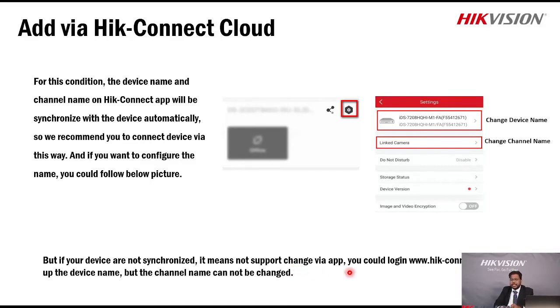So in these cases, you can go on www.hik-connect.com, and to set the device name, you need to log in on hik-connect.com, and there you can change the device name, but the channel name cannot be changed. So simple है, आप मोबाइल एप्लीकेशन के जरिए आप Hik-Connect के अंदर आपका कैमरा अगर ऐड कर रहे हो,